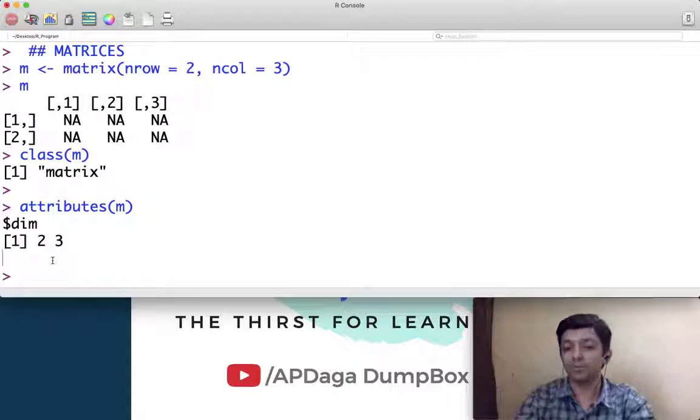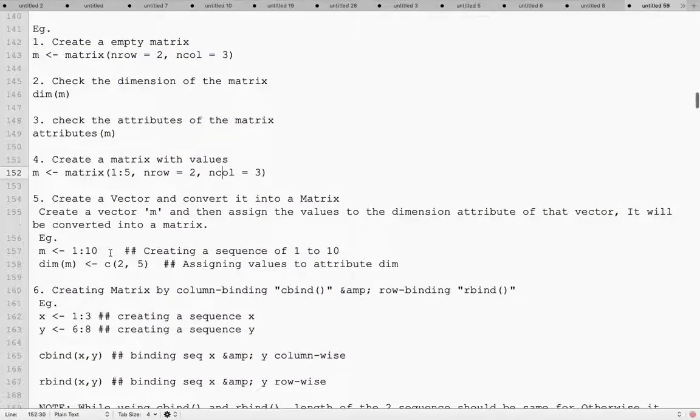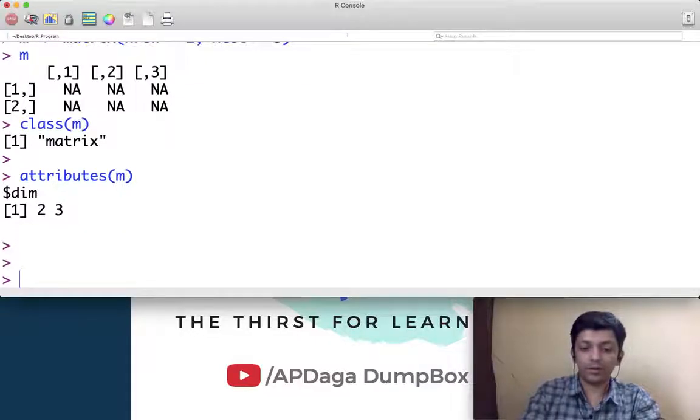The simplest way to create a matrix is to create a vector, that is a sequence, and then assign some values to the attribute dimension of that variable, and it will automatically get converted into a matrix. How to do that, I will show you. So let's assume I am creating one more matrix. I am creating a vector first with a sequence from 1 to 10.